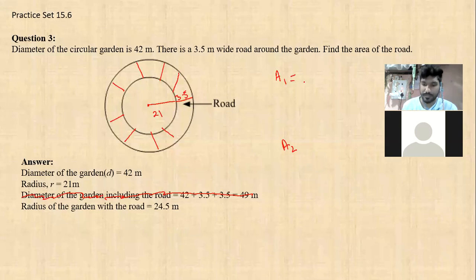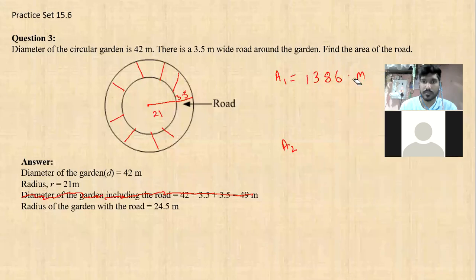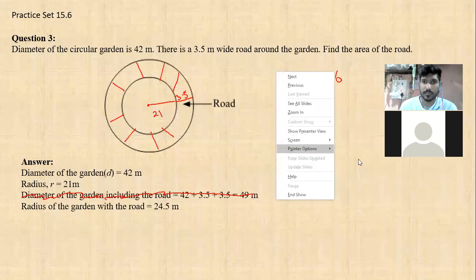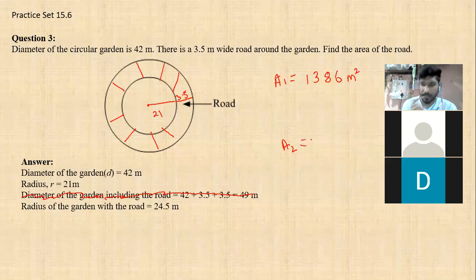Day before yesterday? 1386 meter square, and the area of the bigger circle was,